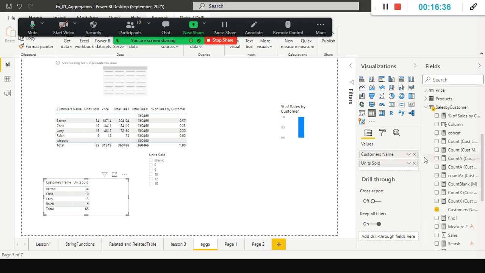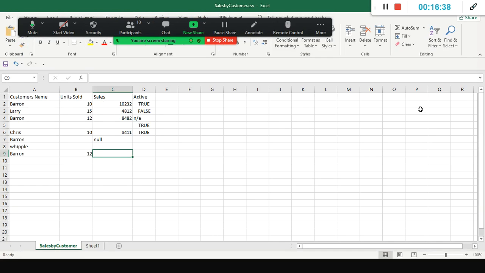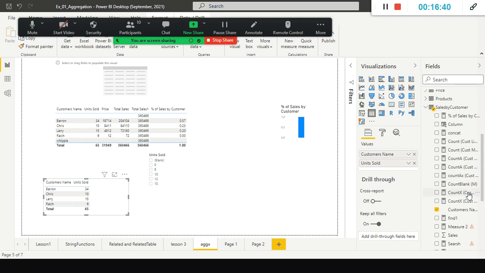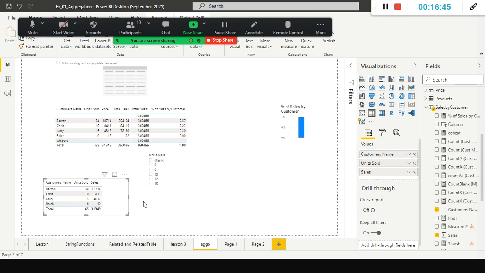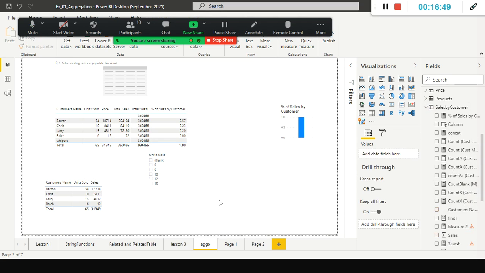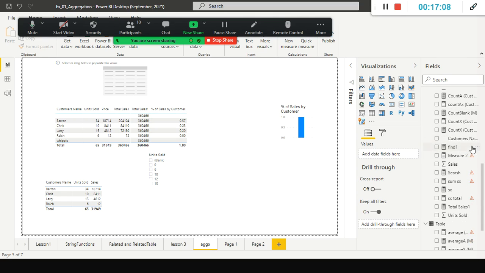It is not actually price. One second, let me go here. I have used something called sales, right? Yes, sales, correct. Fine. So we got the sales value. The sales value is 31949. And we need to find out the total sales for this one. What is the total sales here? Let me go and check.